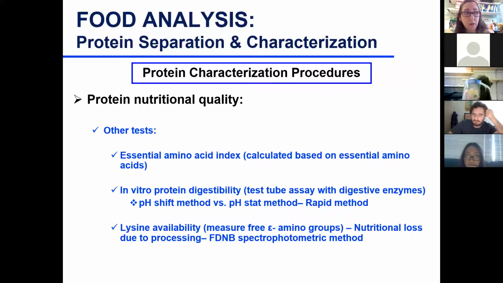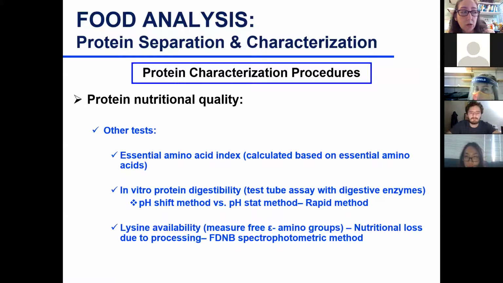And instead of doing the in vivo assay, you basically determine digestibility in vitro by mixing the protein with a series of enzymes that are present across our digestive tract. And then monitor the hydrolysis of the protein over time. So you can monitor by determining the change in pH over time and use that in an equation, or you can